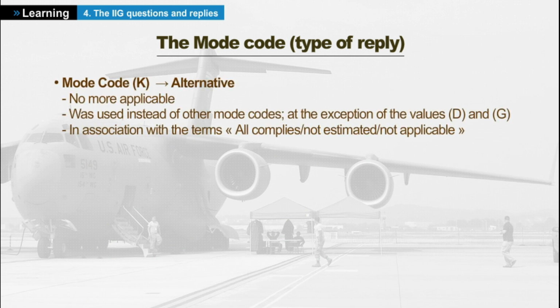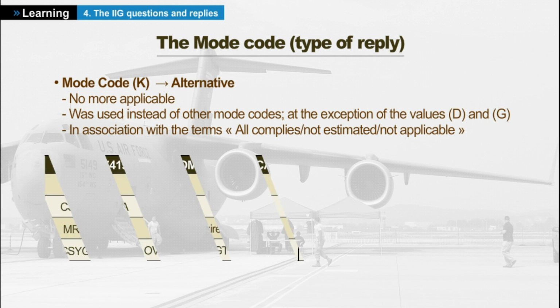Mode code K is no longer applicable. It could be used instead of the other mode codes except for values D and G, but only in conjunction with one of the following standard expressions: All A when the value requested by the requirement is not required for item identification purpose. In this case, all values can be used and accepted. Not estimated when the characteristics requested by the requirement has not been established for the item of supply. Not applicable when the characteristics required by the requirement does not apply to the relevant item of supply. Example: